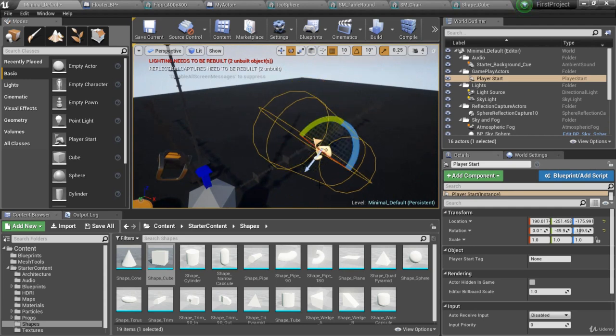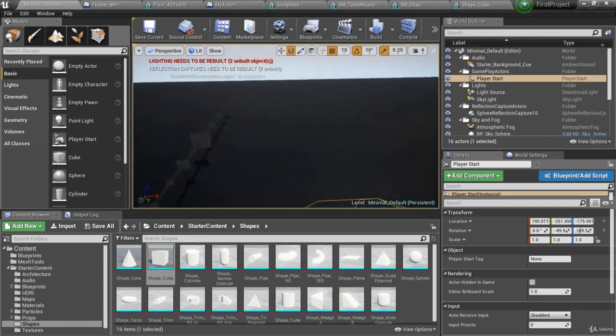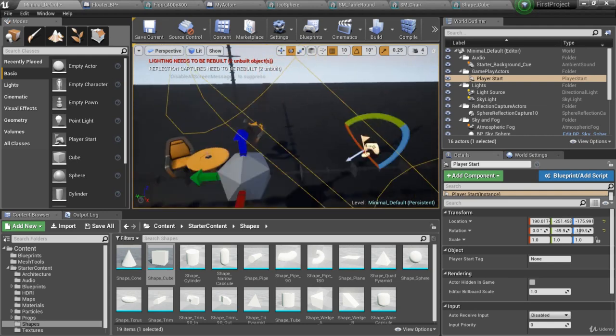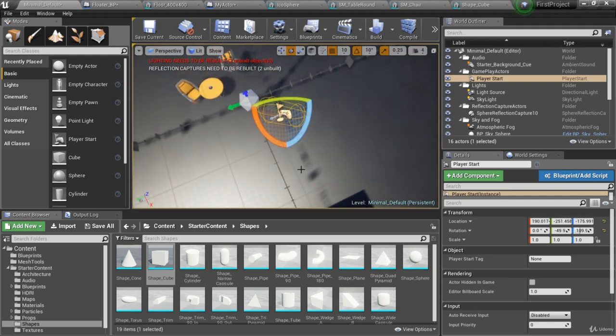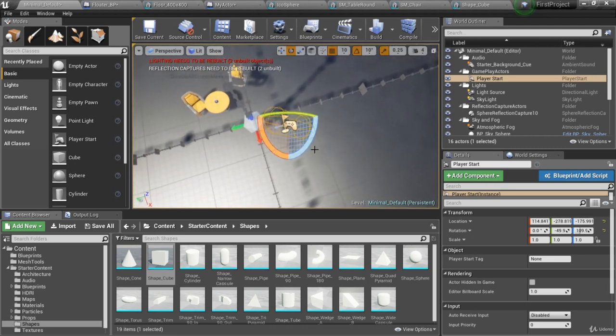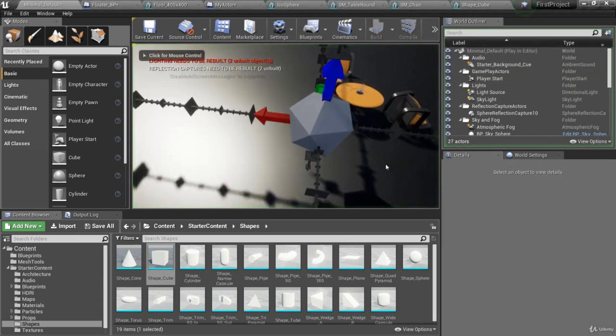Make sure that this arrow on our player start is pointing down roughly in the same direction as our actor. We can use W to scale it over and E to rotate it to where we get it just about right. So now if we hit the play button, we can see where the actor ends up,